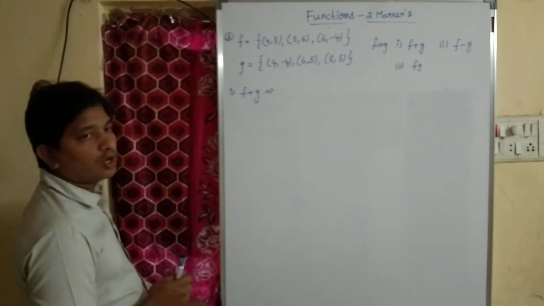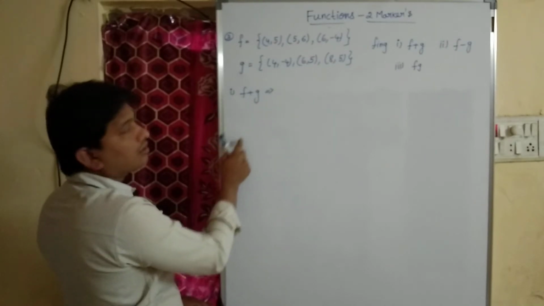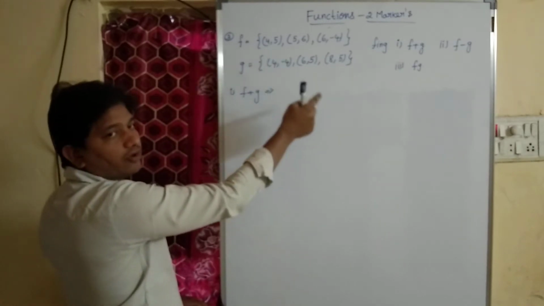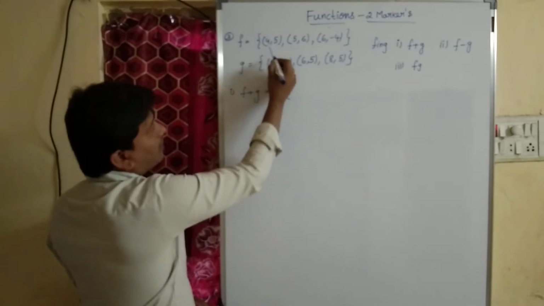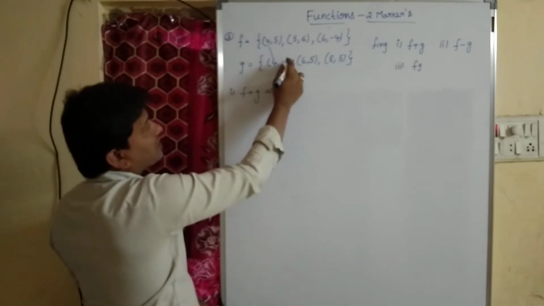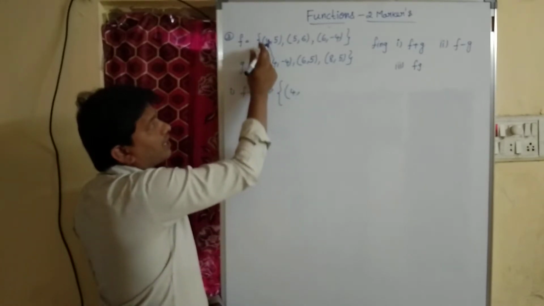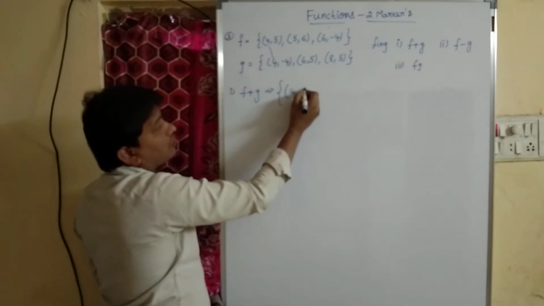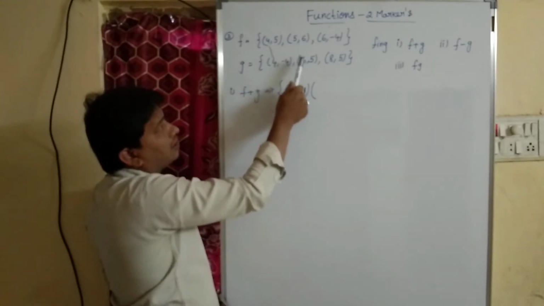Now let us perform the operation here, addition operation, f and g. Here domain 4, here domain 4. If they both are the same, then we have to perform the operation. Okay, so children, set of, bracket open, as the domain is the same, that is 4. Now let us perform the addition operation, 5 plus minus 4. Students, are you understanding? We are performing the addition operation. Domains we should not change, as it is we need to put 5 plus minus 4. 5 minus 4, how much, children? 1.